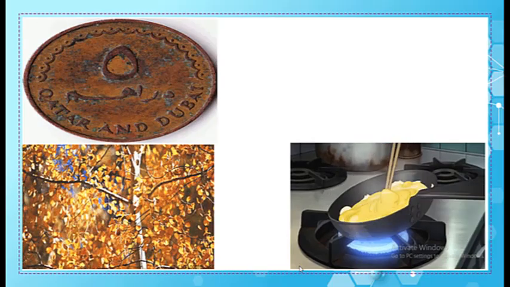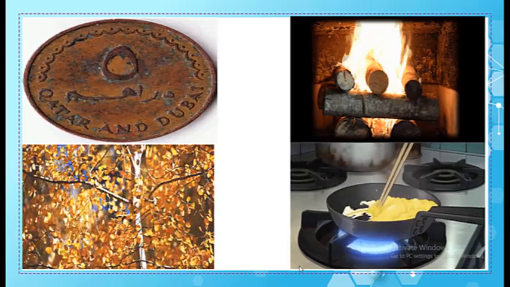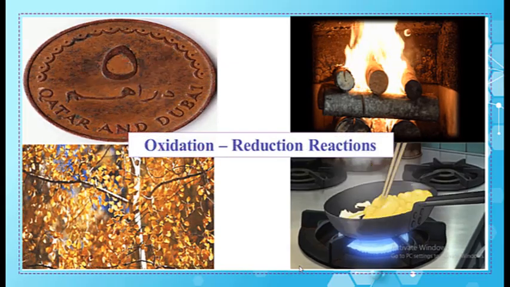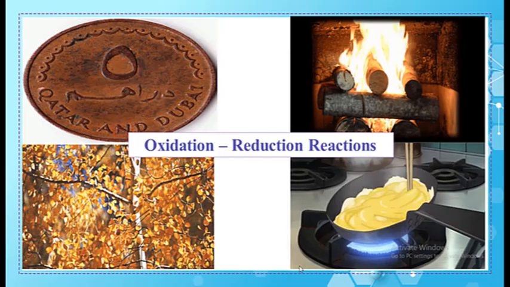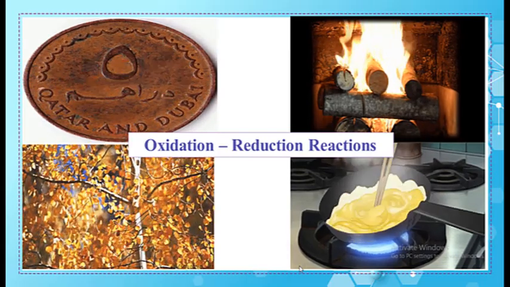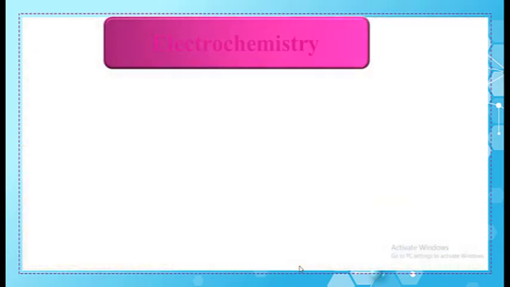Have you ever seen a rusted coin or burning wood? Almost 1/3 of the chemical reactions taking place around us are of the form of oxidation reduction reactions. So what are oxidation reduction reactions and where do we find them? Before we start,